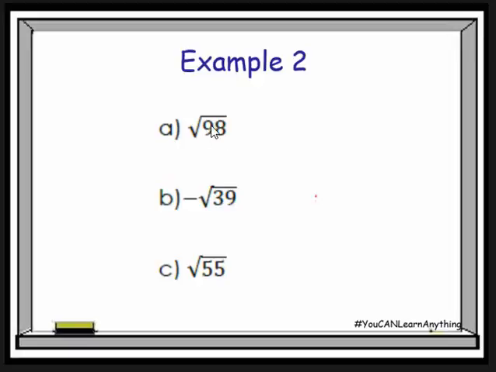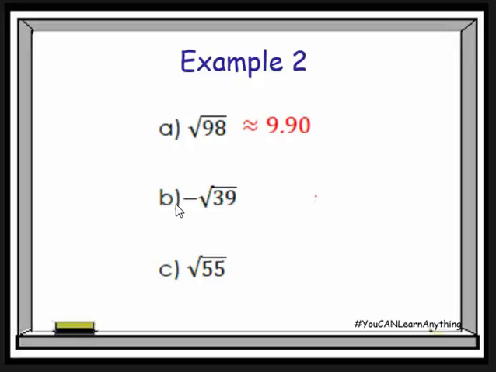Okay, you have to think about what square is below it and what square is above it. The square below it on the number line would be 81. The square above 98 is 100. 98 is closer to 100, therefore if we plug this in the calculator, we should expect the square root of 98 to be closer to 10 than 9. And sure enough, the square root of 98 is